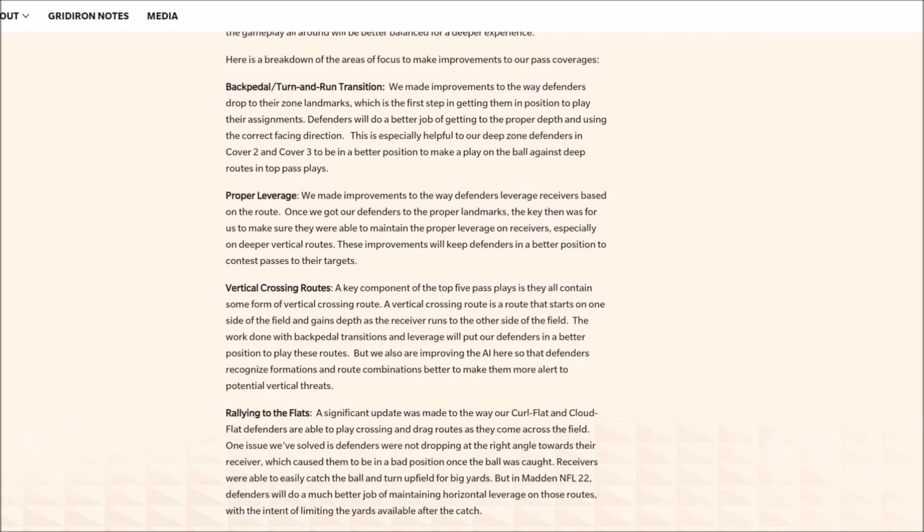In order to help deep zone defenders in cover 2 and cover 3, they did help the backpedal and turn and run transition, proper leverage. They made improvements to the way defenders leverage receivers based on the route, vertical crossing routes. A vertical crossing route is a route that starts on one side of the field and gains depth as the receiver runs to the other side. The work done with the backpedal transitions and leverage will put the defenders in a better position to make those